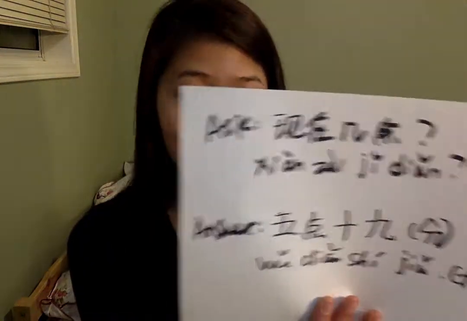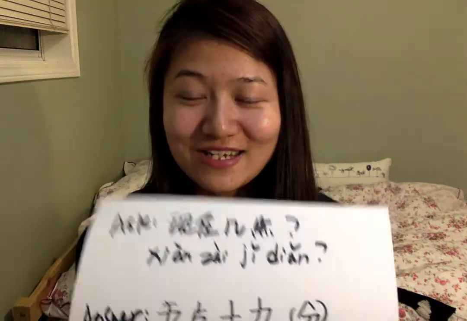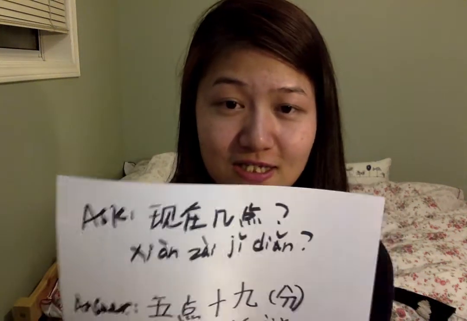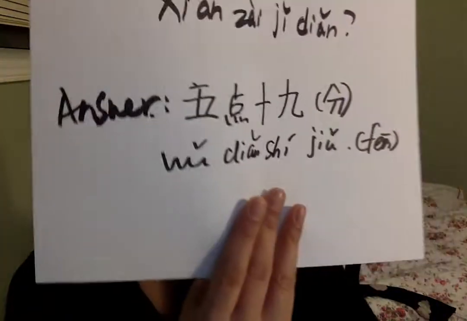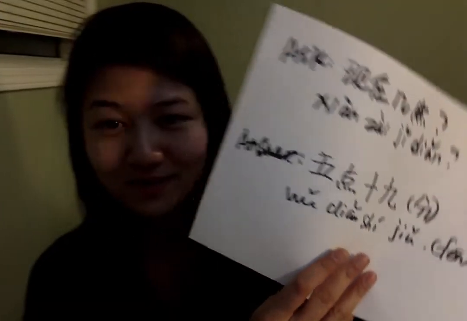Okay, let's try this. Usually why you learn time is because you should know how to ask time and how to say time, right? So this is the sentence for you to ask the time. 现在几点? So what time it is now? 现在几点 means what time it is now. So when you ask somebody, excuse me, do you know what time it is now? It means 现在几点? And then when you answer it,